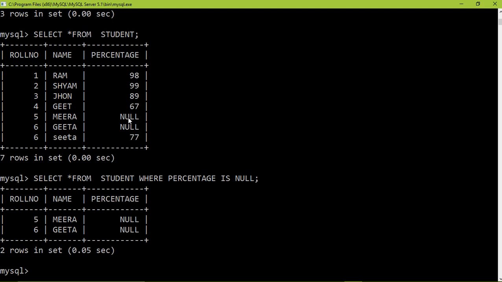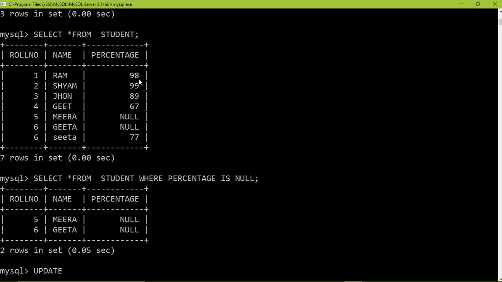Next, let us say I want to update a record. I want to increase the percentage of Ram to 99, or it can be 100. Let us make it 99. For that you need the update command.